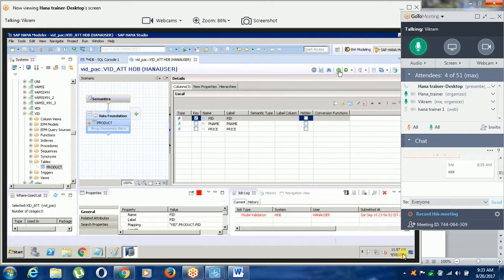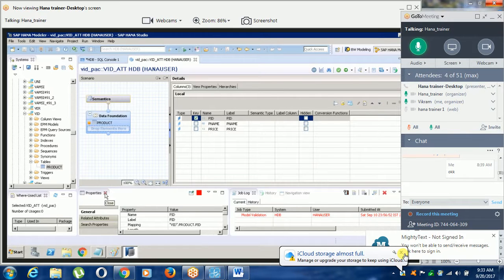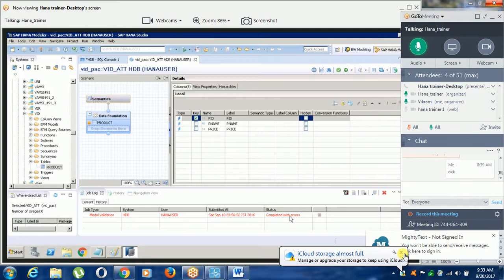Okay, you are defining the key here, meaning this is the place where we have to define which is the primary key. After that, when I am executing it, it is showing an error.